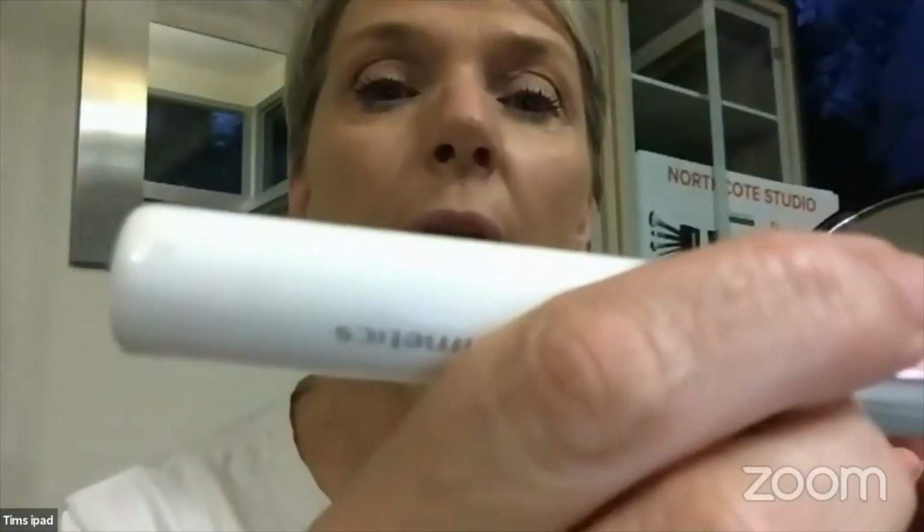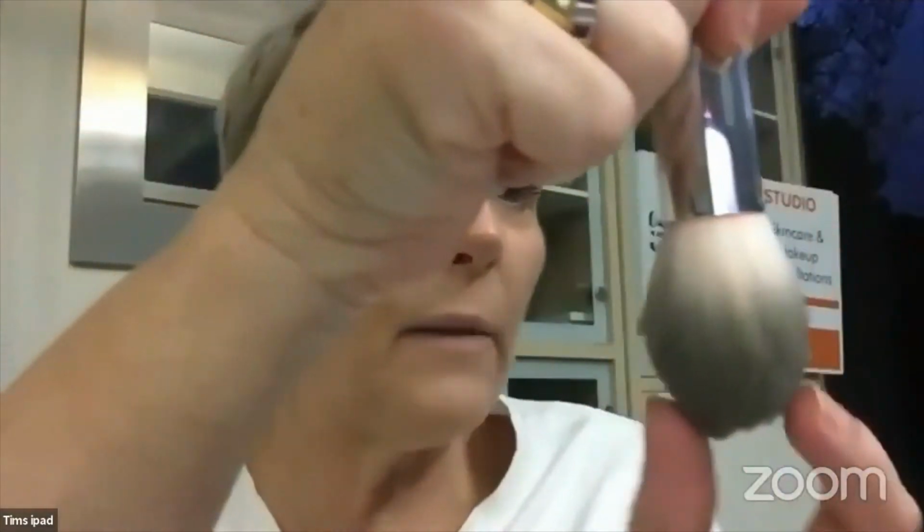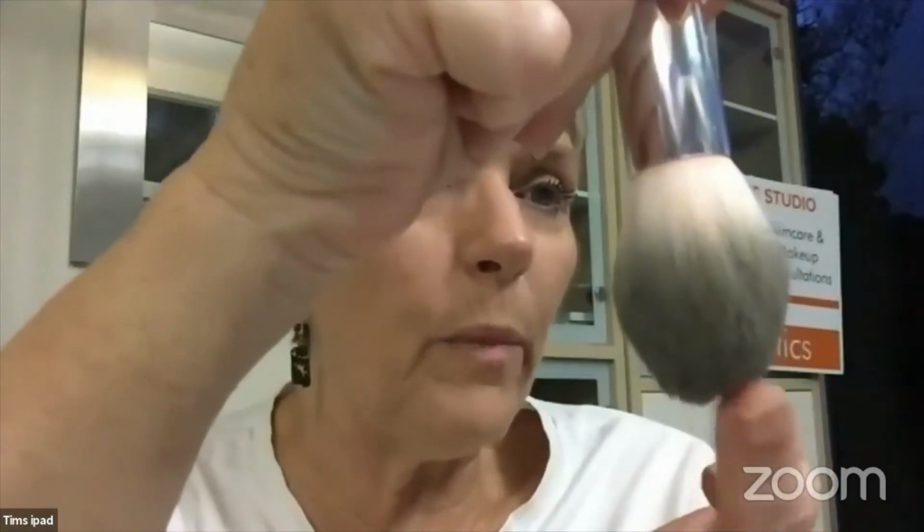Let's go to the cheeks. What creates a fabulous, beautiful, radiant skin is a bit of bronzer. So here's our bronzer, and I'm using our powder and blush brush. See how it's got a lovely tapered approach to it? I'm going to use the lovely point on the end, and it goes into my bronzer,